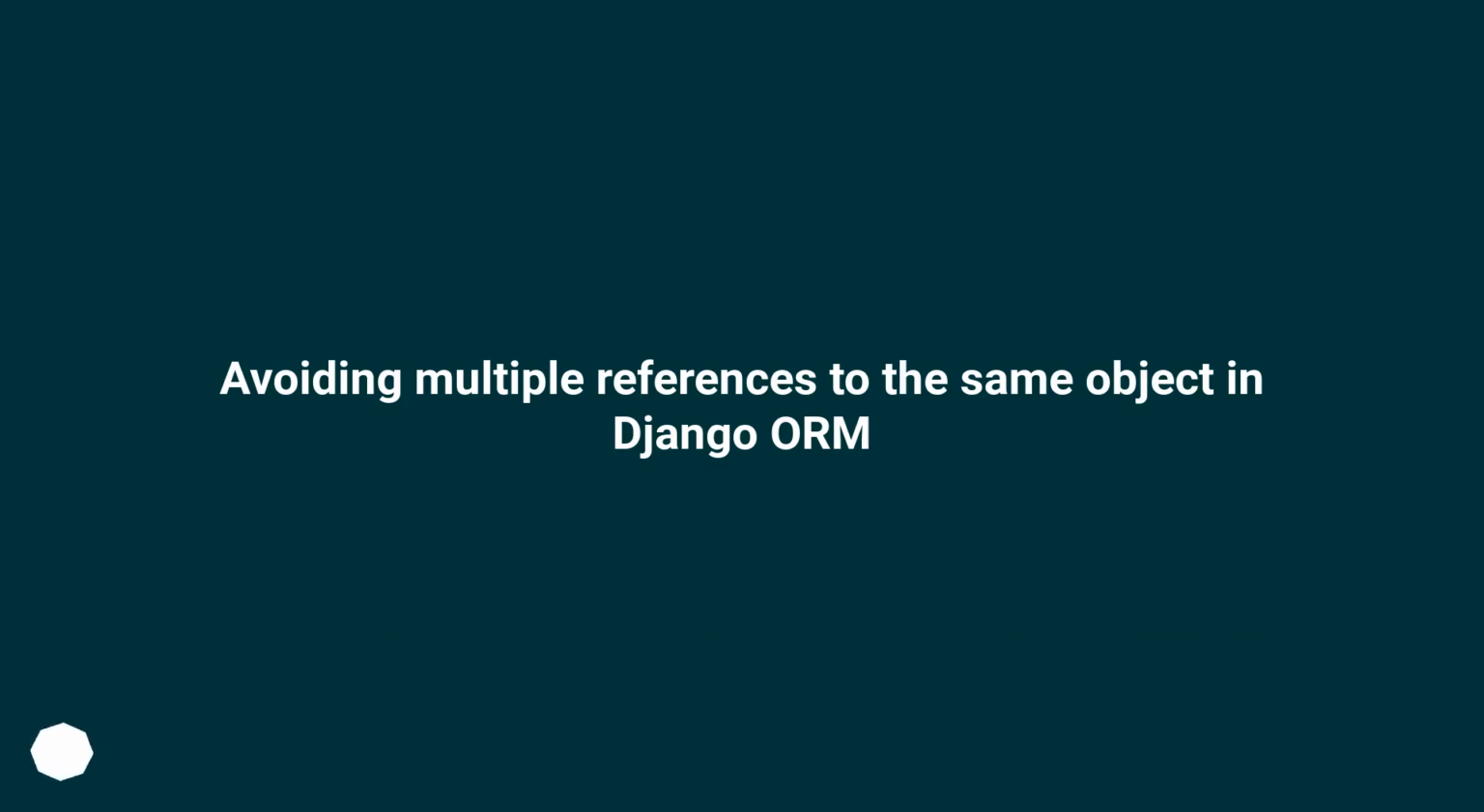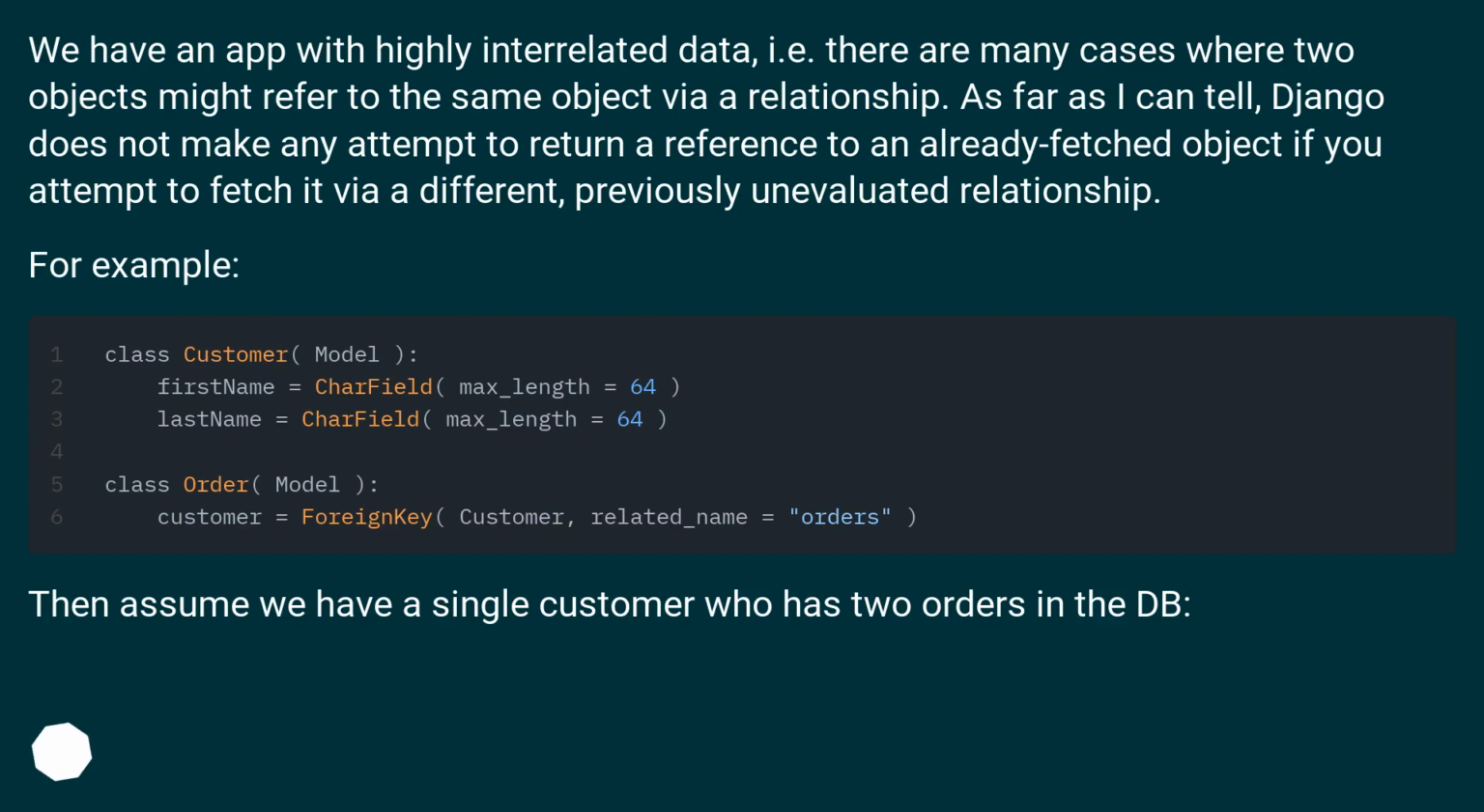Avoiding multiple references to the same object in Django ORM. We have an app with highly interrelated data, i.e. there are many cases where two objects might refer to the same object via a relationship. As far as I can tell, Django does not make any attempt to return a reference to an already fetched object if you attempt to fetch it via a different, previously unevaluated relationship. For example,